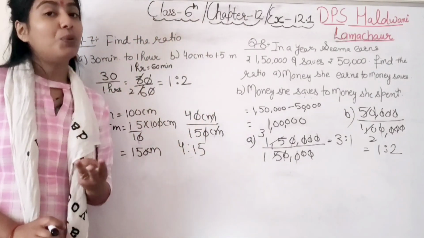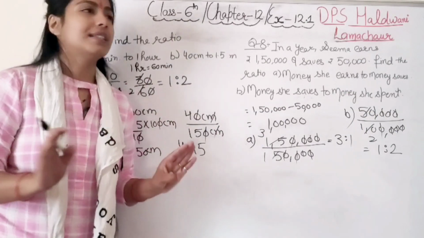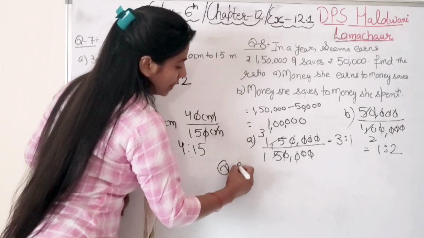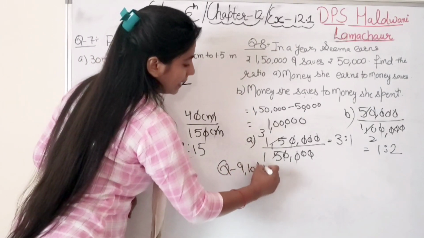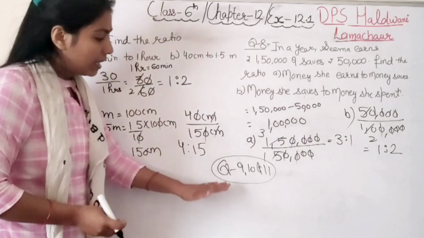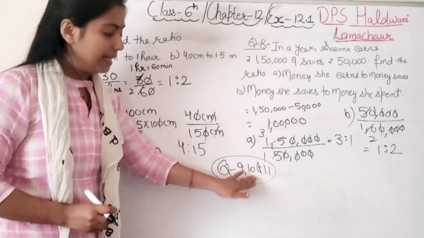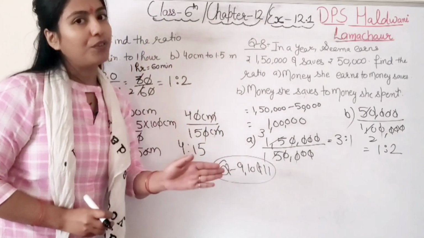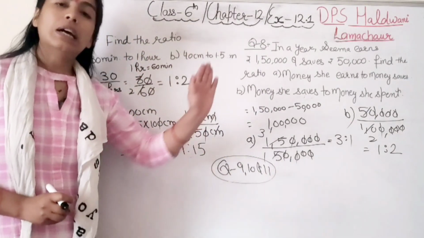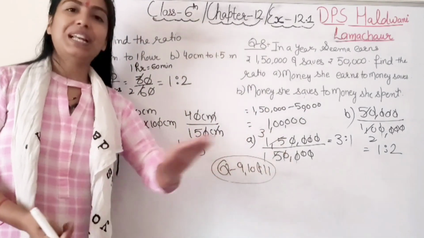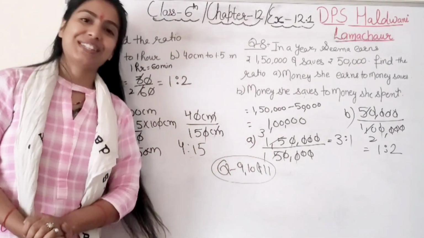3 questions I am giving in homework because all questions are the same. Question number, here I am writing 9, 10 and 11. That is why I have not given any homework in between, because questions 9, 10, 11 are word problems. So these 3 questions are homework for you. No different question, all are the same. Right? This was about till question number 11. Now coming to our next question.